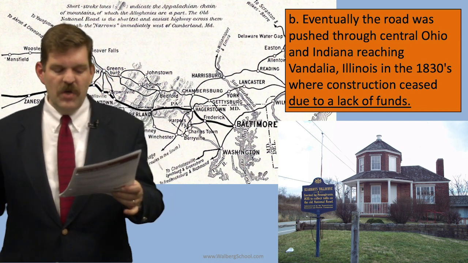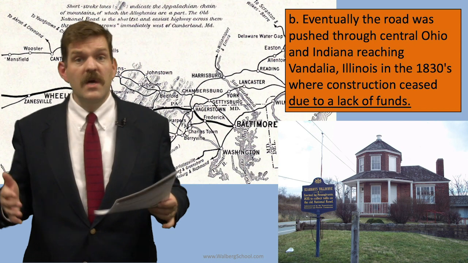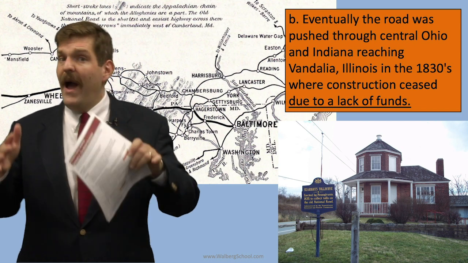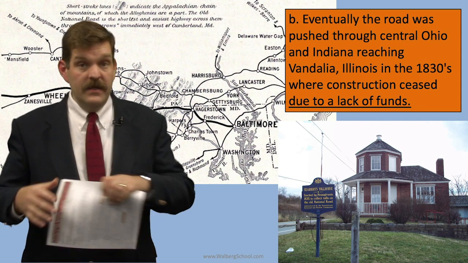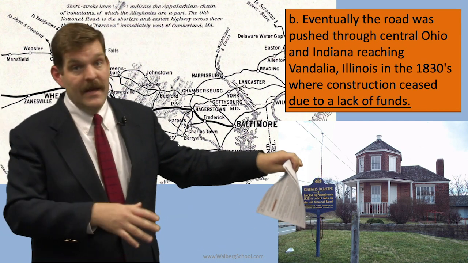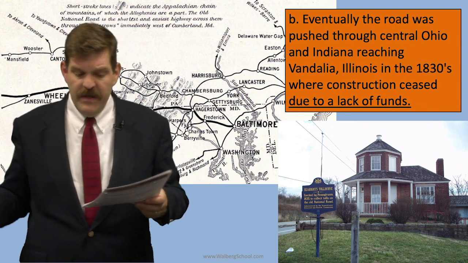Toll houses and toll gates were then built by the states, with the federal government taking responsibility for road repairs. A toll house or a toll gate means that to ride on that road, you have to pay a fee. Because the state was constructing it, they would put the toll in to fund construction, but then the federal government would take on its maintenance and keep it up from there.